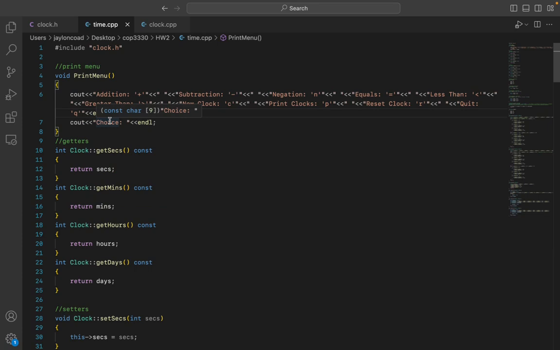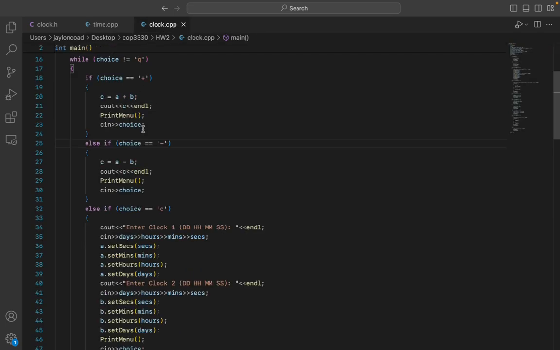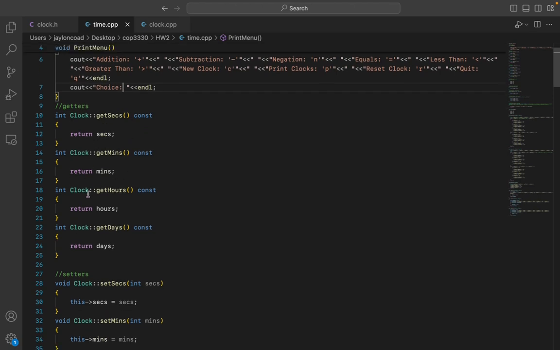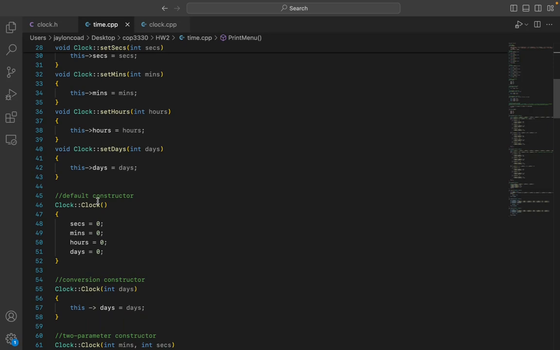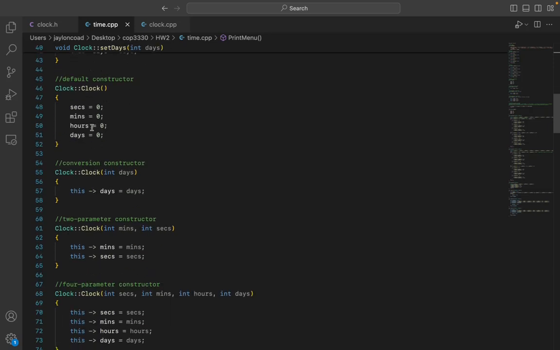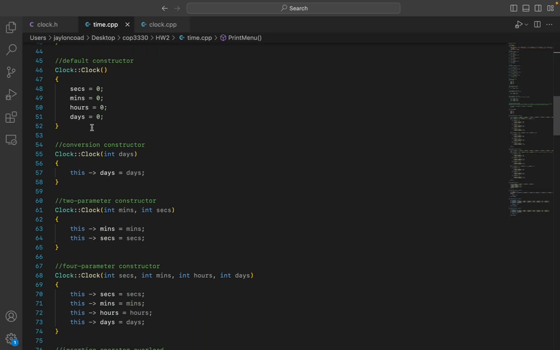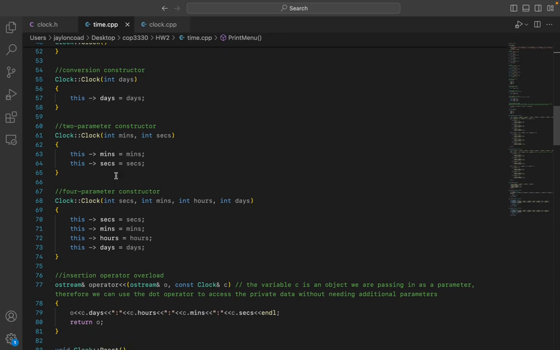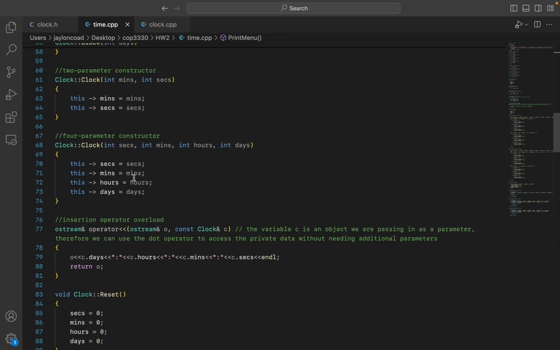And then going to my definitions, void print menu doesn't take in any parameters. It just prints out the list of options you have, and then it asks you to pick a choice, but it doesn't have the cin because I have the cins right here. And then I have my getters, my setters, my default constructor, which sets everything to zero upon compile time. And then I have my conversion constructor, two parameter constructor definition, and then my four parameter constructor definition, which